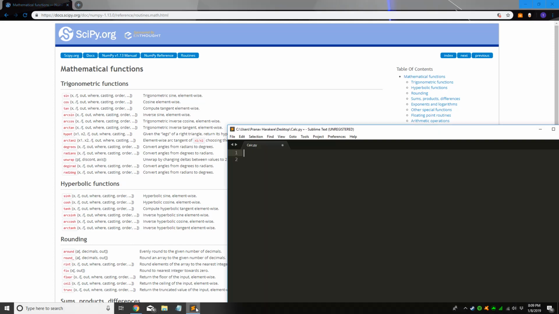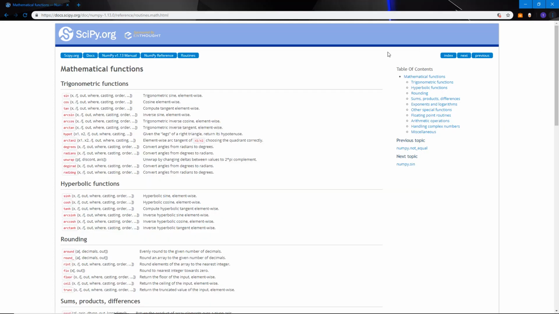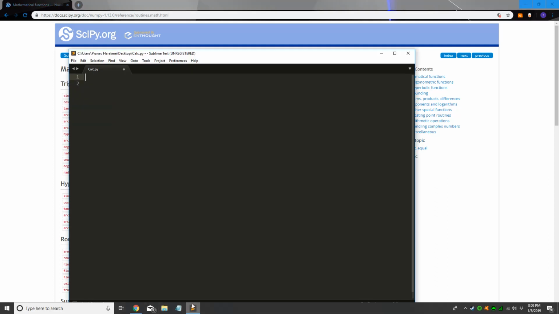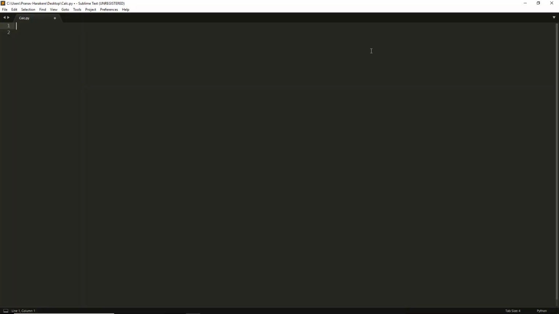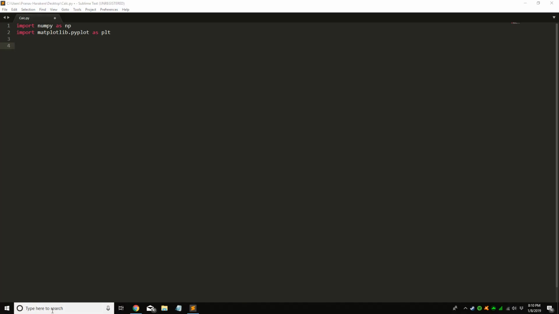So first, create a Python file. I'm going to name it calc.py, and in there I'm going to import two libraries. One is going to be NumPy as np, and import matplotlib.pyplot as plt. Now if you don't have these two libraries, you have to go to the command prompt in